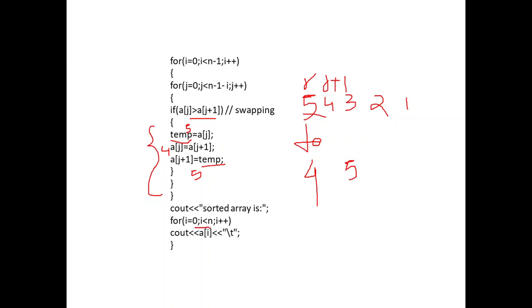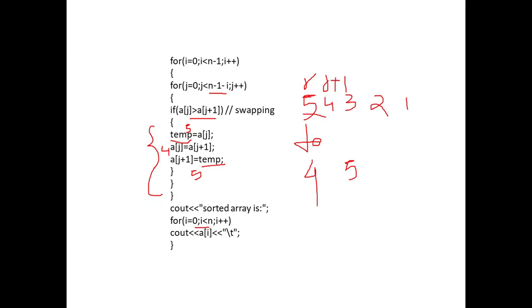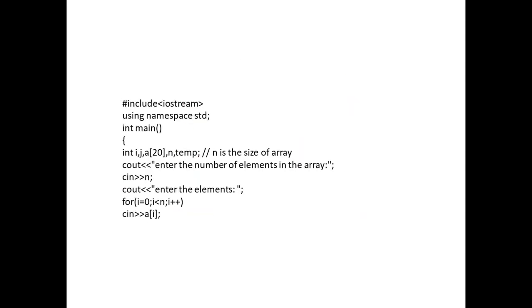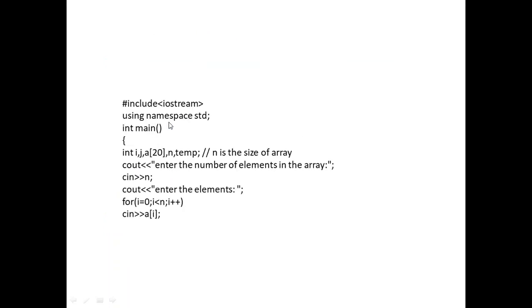For that, we are again calling this i loop. And here also we have to notice one thing, that is n minus 1 minus i. Why? Because we are arranging things, right? The first thing is sorted, and if it's sorted we are not using it again. For that we are using this n minus 1 minus i. So that's all about bubble sorting. Bubble sorting means arranging the things in ascending or descending order according to a swapping algorithm, that is swapping the adjacent elements, and this is the swapping algorithm.